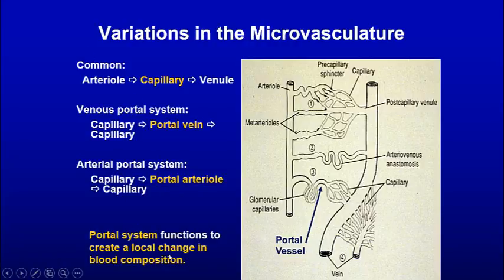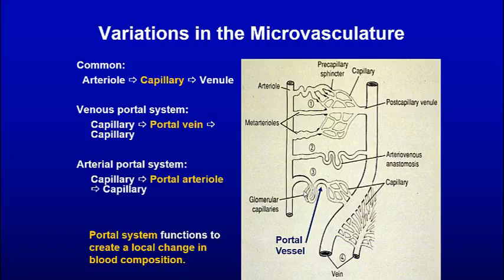And so the portal system functions to create a local change in blood composition. In the first case, the first capillary network modifies blood composition. It puts a hormone in, it distributes hormone. The second one is how they benefit